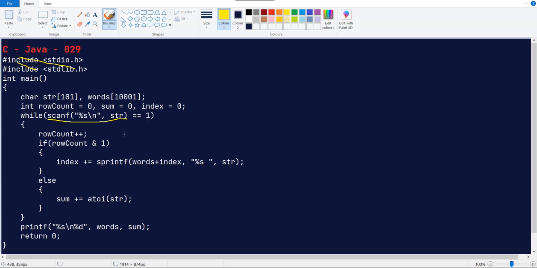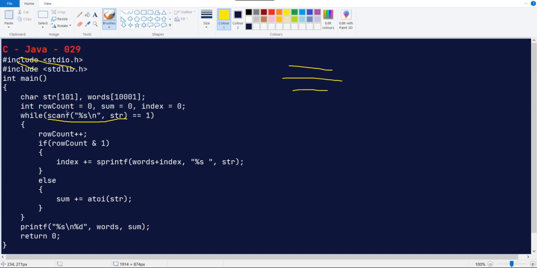So if the input is available, like they are passing some random n number of values like this, and they are storing every value with a scanf, this will return how many inputs have been stored. So here they have used only %s, so it will return 1 for possible input and 0 for no input. Makes some sense, right?